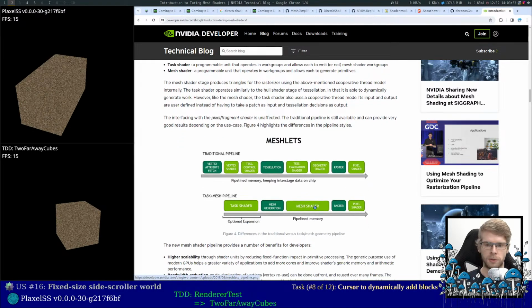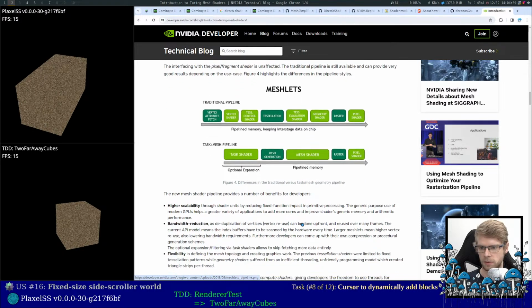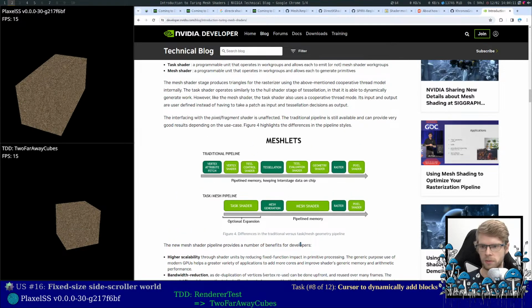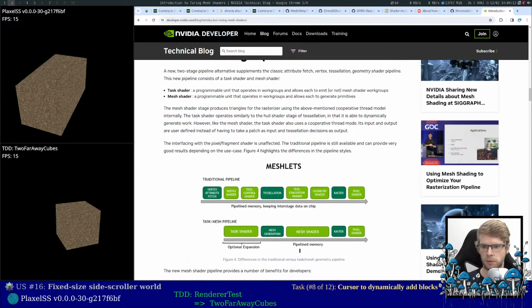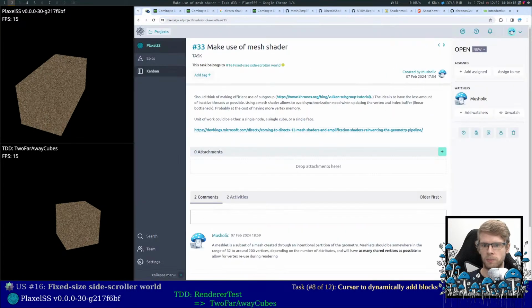But then with a mesh shader, it will replace some steps of the traditional pipeline. It's quite new for me, so I won't be able to explain it better than some documentation you may find about it, but the main benefit for me